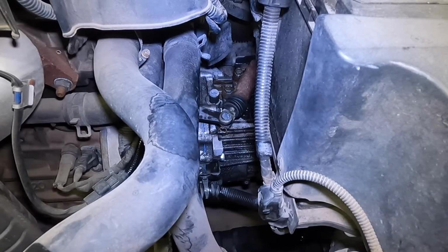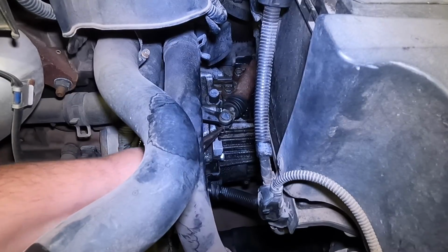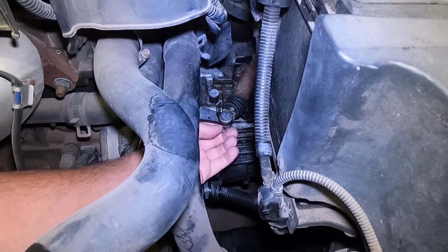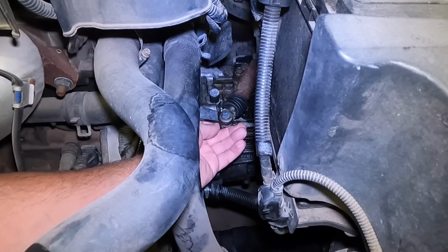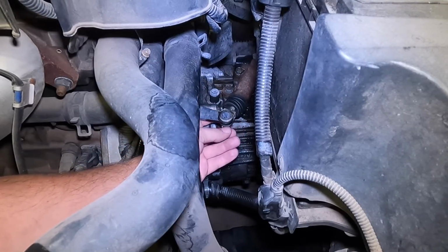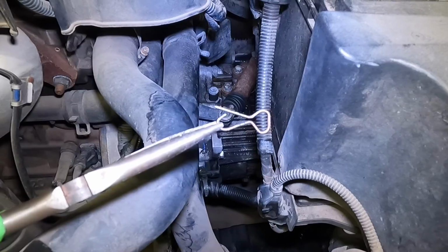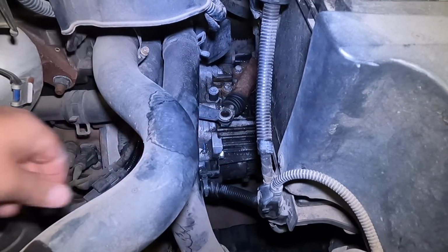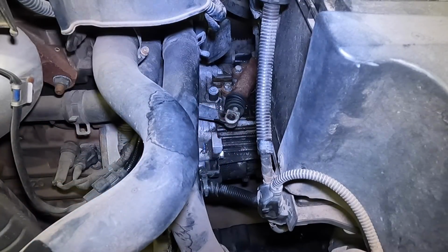So with any luck, we just reach down here with the needle nose, and I'm hoping this just does not just pull out. How does this thing work? Should I have potentially read the instructions on this? Huh. Yeah, I don't know. Okay, that's weird. Oh, it's got some weird little doohickey on the bottom. I'm not sure I've ever seen a clip like that before. This could be fun. All right, we're gonna pull this out. And now we should be able to pull that out and scoot that out of the way. We are well on our way. Now it's just a matter of,